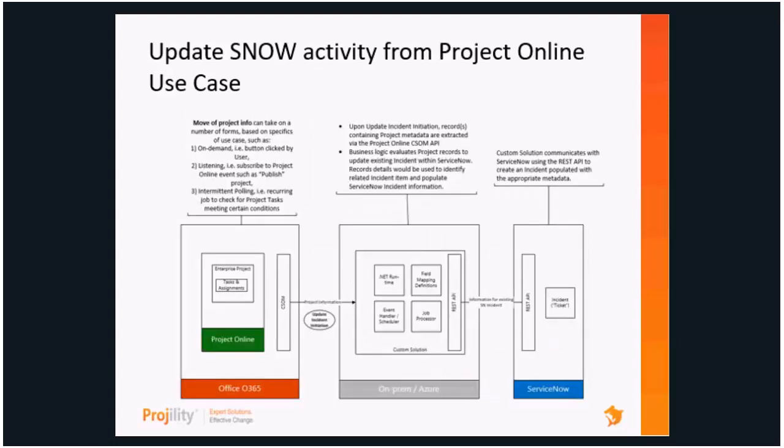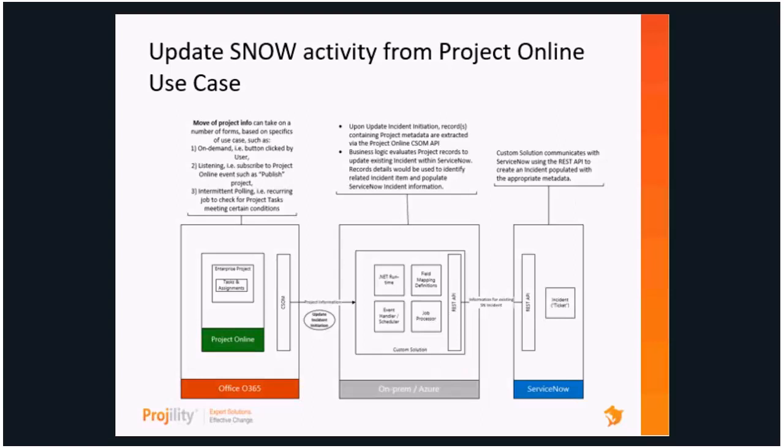Going the other way, once the project was initiated and was being managed in Project Online, the organization, the CIO, wanted that information updated in ServiceNow to support reporting. So we again leveraged the APIs, just flowing the other direction, and built out the business rules within that integration layer. When a user would go in and update their project, it would publish the information out, and based on a scheduled basis or a listening basis, it would take the data from that project, the health, the cost, the schedule status, the resource information, and the work, and pull that into ServiceNow for updating,